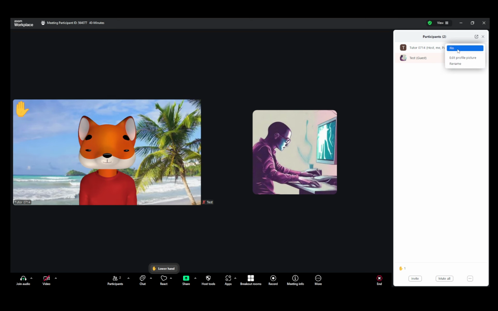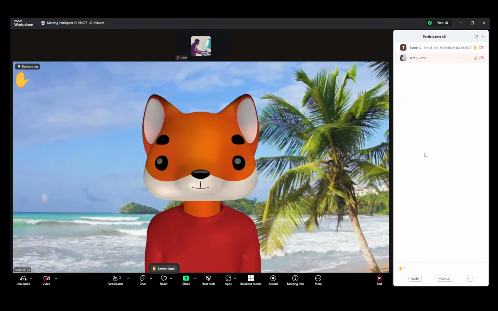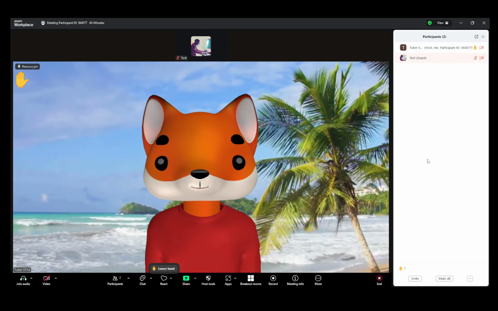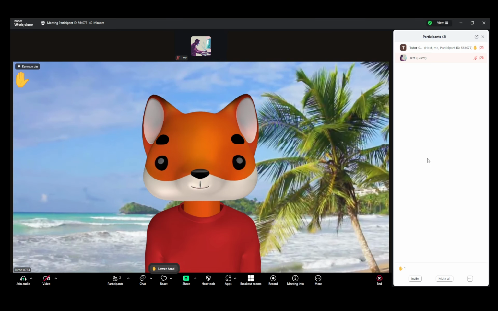Hopefully, this guide makes your Zoom interactions smoother and more efficient, whether you're just chiming in or steering the whole meeting. Enjoy exploring these features and enhance your virtual